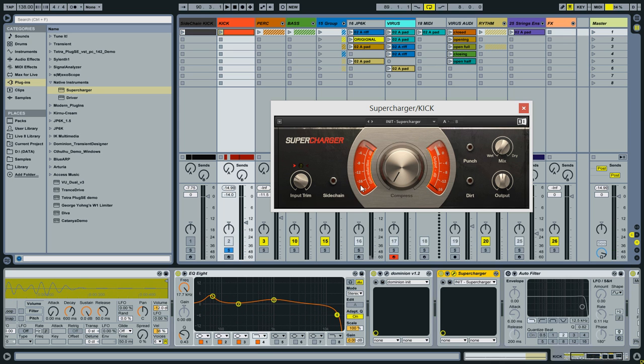Now, the next thing is basically this big knob, which is the compressor knob. And I'll show you what that does as the sound plays. Now the punch basically will allow the transient of the kick drum to go through. So that's with. Now let's turn it off. That's without. And if we turn on saturation,